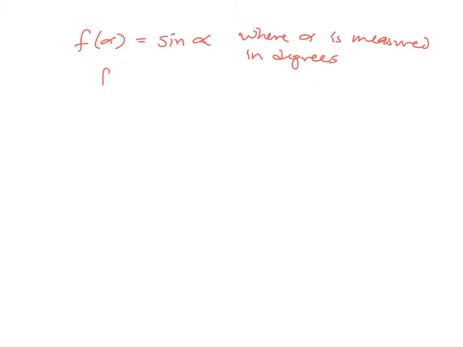Let's say I want to think about this function f of alpha is sine of alpha, where alpha is measured in degrees. And I wonder what's the first derivative and what's the second derivative. All right, so it's not as easy as it looks because it's not cosine of alpha, because we know that